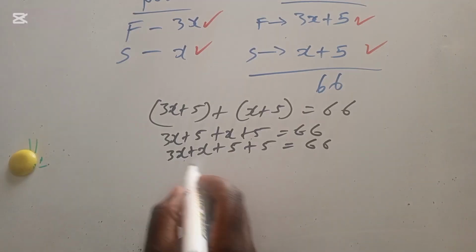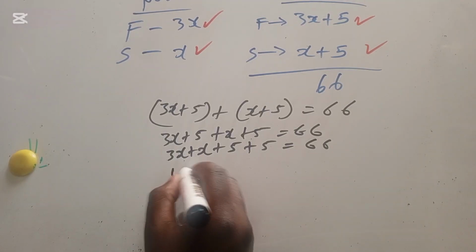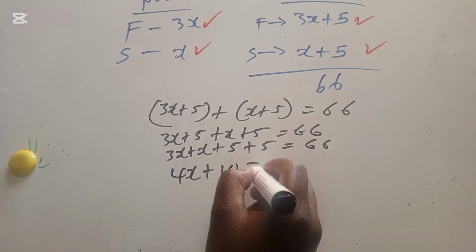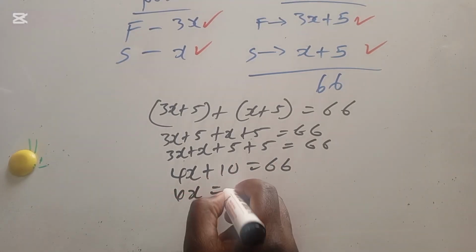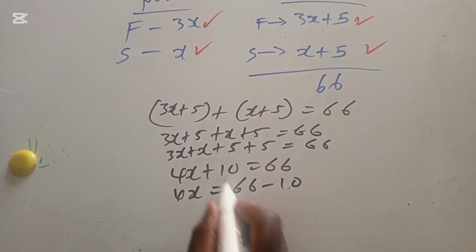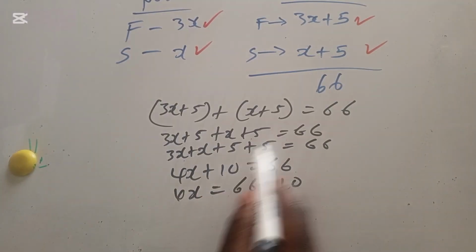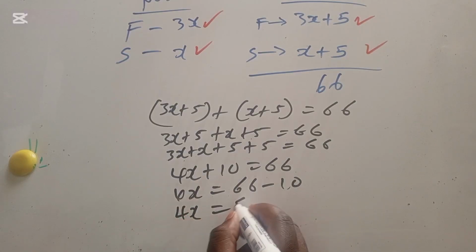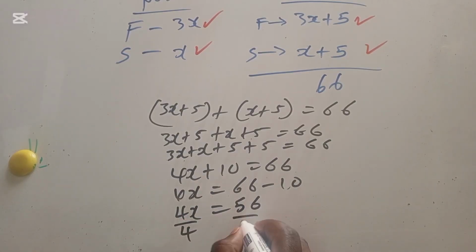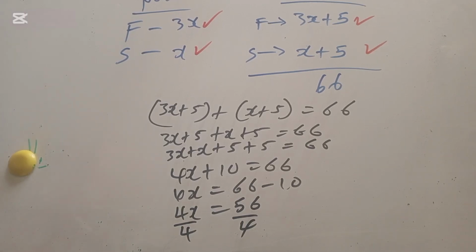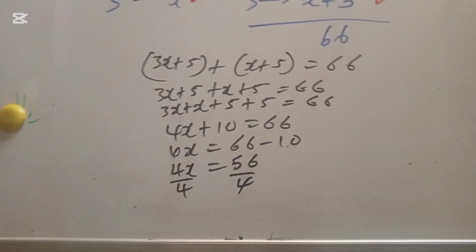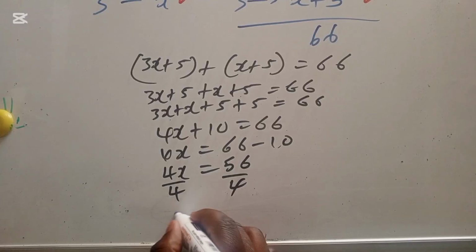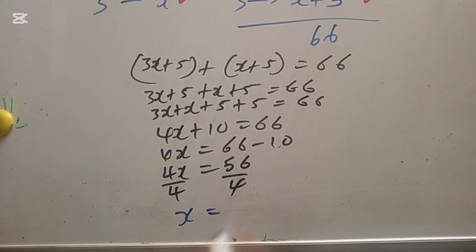So this is 4x plus 10 equals 66. 4x is equal to 66 minus 10. If this is plus, when you take it to the other side, it becomes a subtract. So you have 4x is equal to 56. Divide by 4, divide by 4. Okay? So what do you get? That x